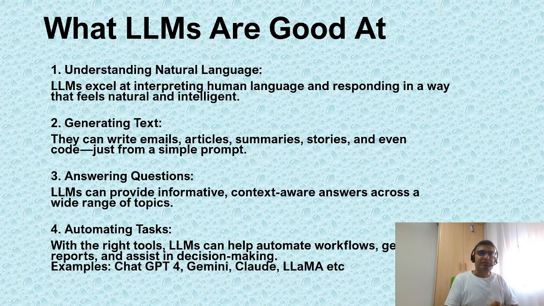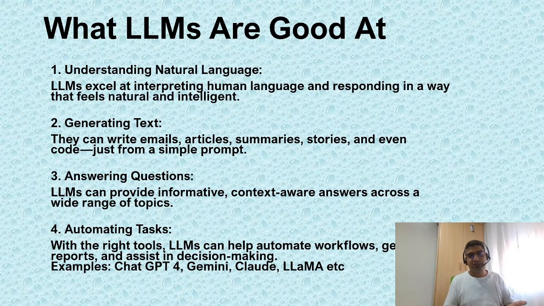The first point is understanding natural language. One of the best parts of the LLMs is that they actually understand what humans want to say. You write one paragraph, and they get the summary, what this person actually wants to say, what he or she wants to do. That kind of natural language capability, NLP, which we call in AI, is one of the major parts of the LLMs. They are absolutely fantastic, nobody can beat them, in understanding what humans want to say.